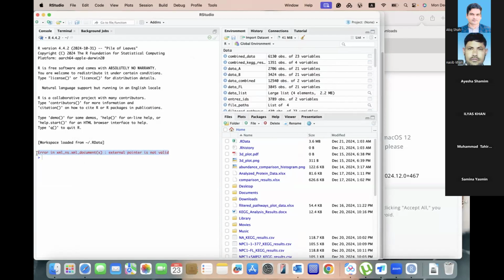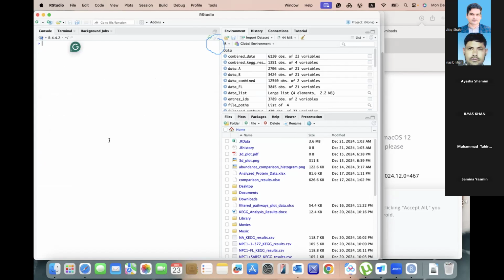This one: external pointer is not valid. Okay, you can clean it with the brush button. Here is the brush button, this one. Now click on this maximize button above the brush button. Yes. Okay, good. Now you have